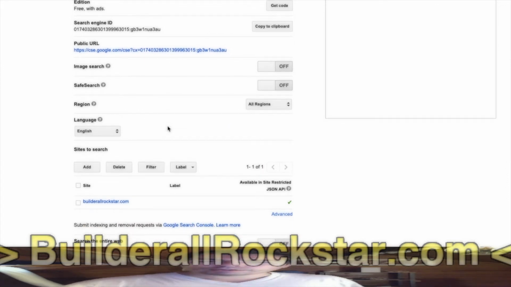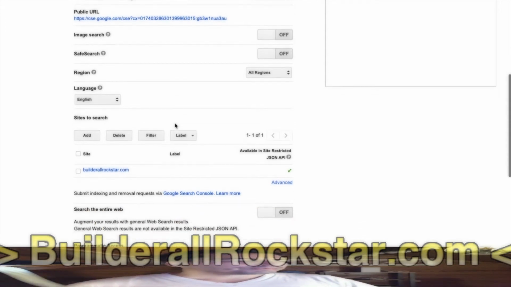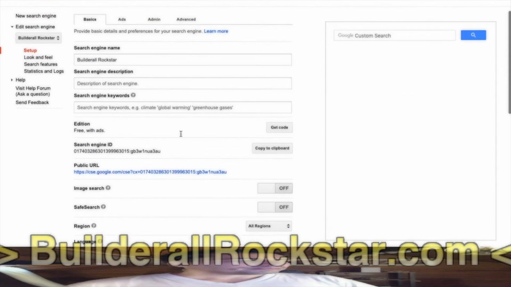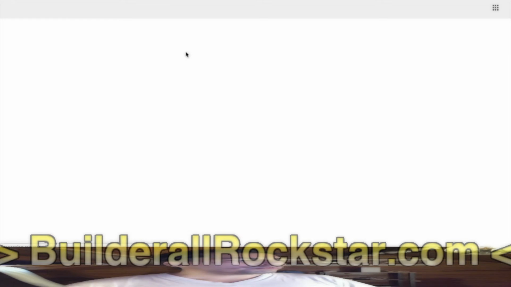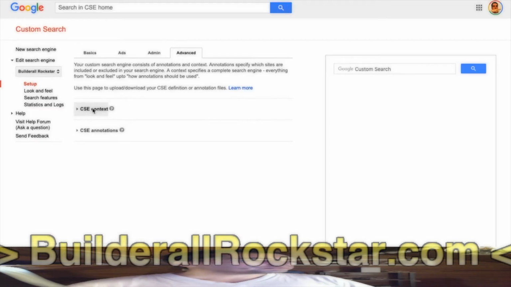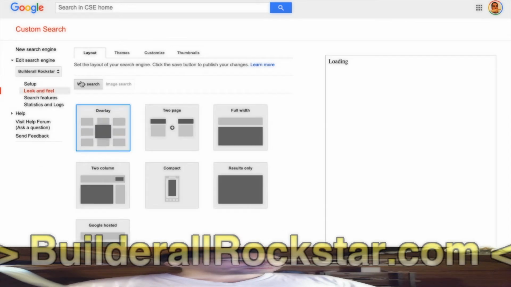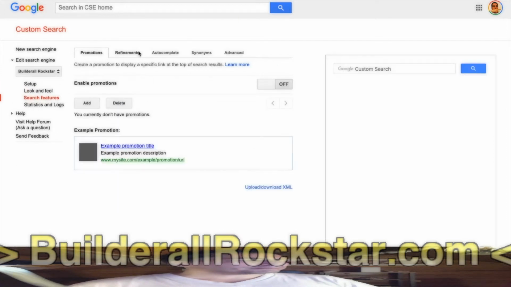But in this video, I am not going to review each things we can change on the settings. I will just show you a few things that needs to be done. So you see here you have the settings for setup. Then on look and feel you have also tabs for settings, and search features. It's the same. You have also tabs and things like this.